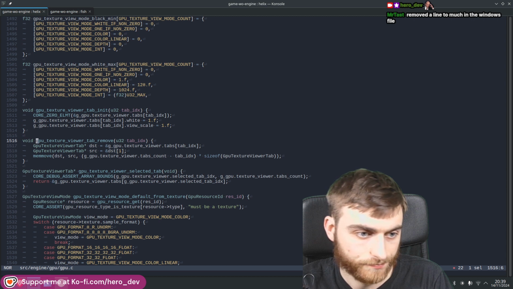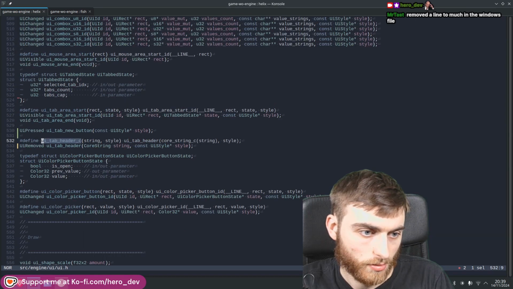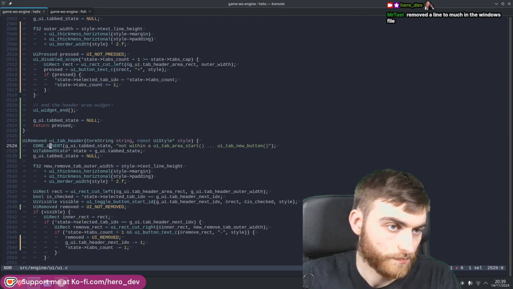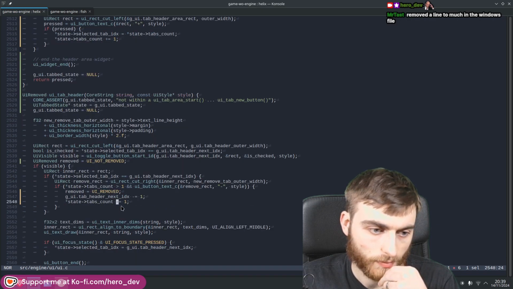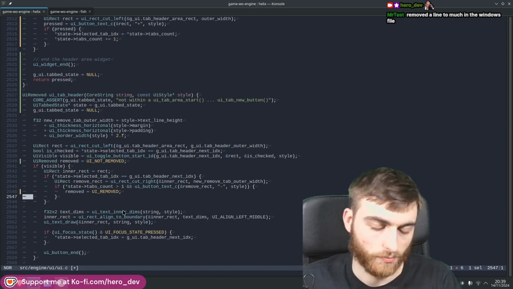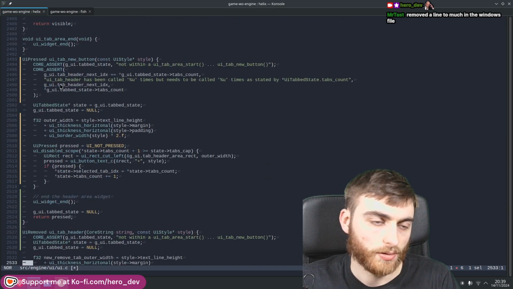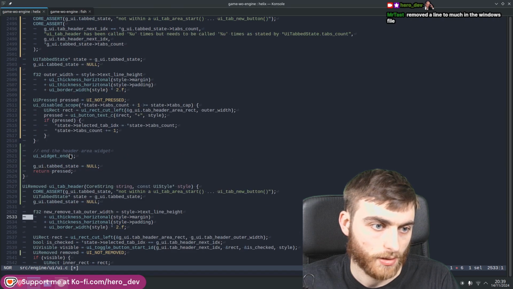So new button. Yeah, so in header, we don't actually change the number of tabs. We just say it's been removed. But then you want to mark